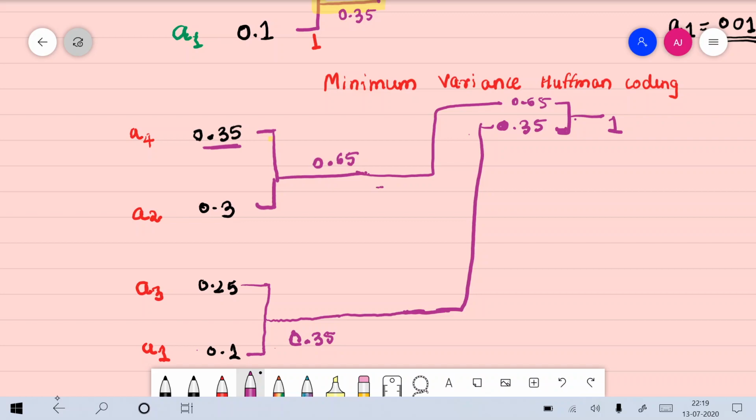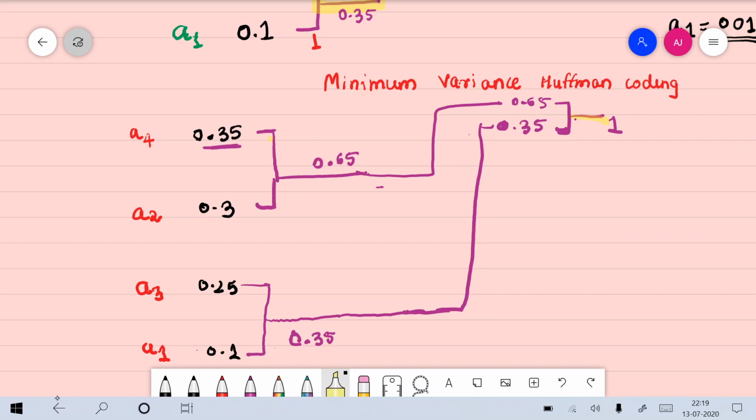In the normal Huffman coding, you give the priority to your original code words' probability. I mean, they are supreme. So whatever you calculate, even if it is the same probability, it will not be sitting at the top. Whereas in the minimum variance Huffman coding, it is the reverse. So now in this case, let us write down the code. The rest of the procedure remains the same.